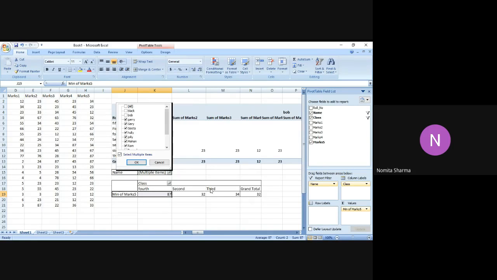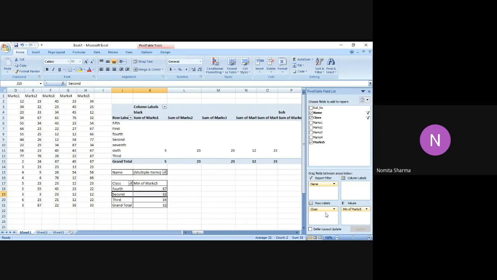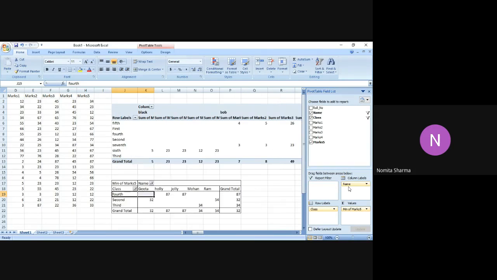So let me make a change over here. If I select this over here, you will see the change clearly. If I put name over here, that is more clear, I believe, because at the same time it is given as a matrix of name along with the class, and it is more clear, I suppose. And let me do something more with this.